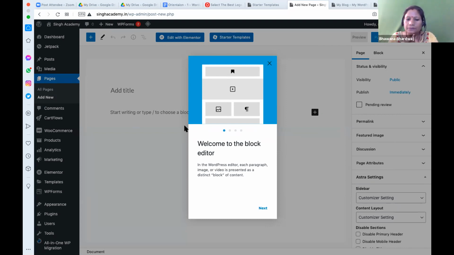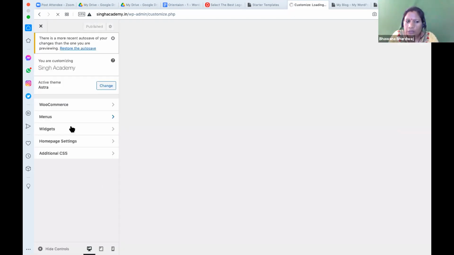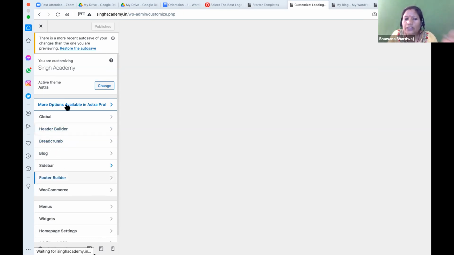Can do that? Yes, ma'am. Right. So today make yourself familiar with the page elements. Okay. Right. Second thing, you will go to this appearance and go to this customization and just try to open all the options customization has. Just try to understand what are the options available in our customization section. Okay, menu, widgets, try to understand what it is, and I will explain one by one.